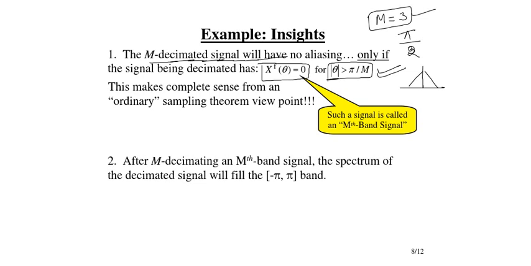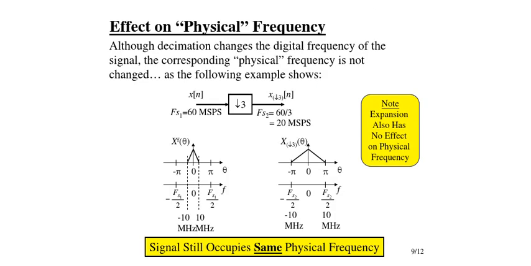Okay, so one more thing is very easy to see, that there is no effect basically on the frequency. So don't think that the cutoff frequency has changed. The cutoff frequency is still the same, but the spectrum is kind of stretched. Okay, so we'll see this with one example. Let's say that you have x[n], a discrete signal, sampled at 60 mega samples per second, and when you have downsampled it by 3, your new sampling rate will be 20 mega samples per second. So this was your original spectrum, which was defined between -10 to +10 megahertz, right?